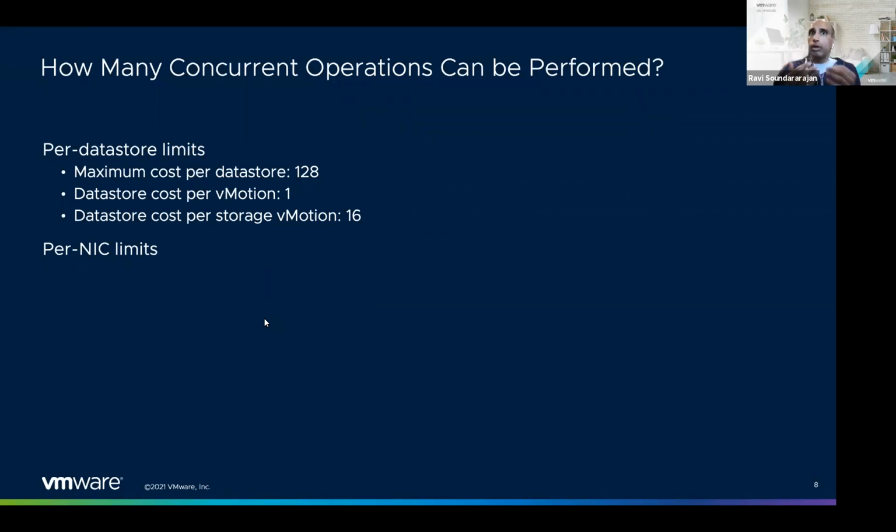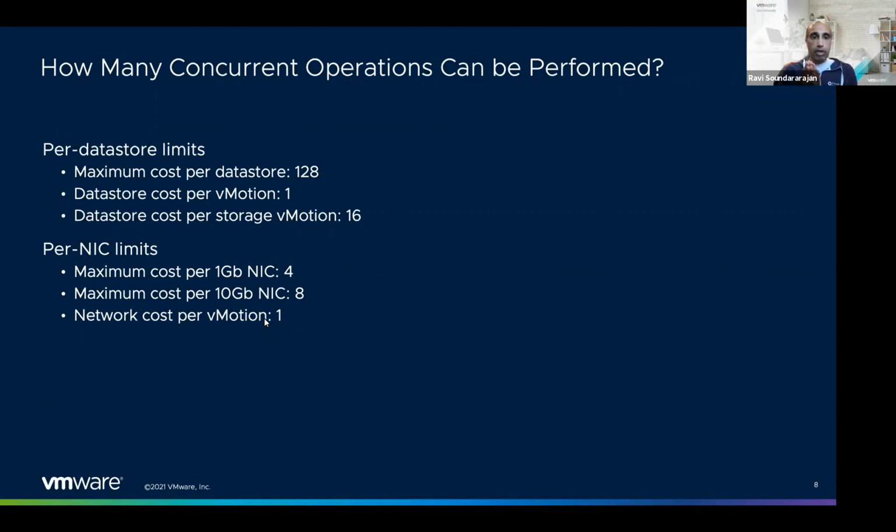There's also per network interface limits. If you have a 1 gig NIC, I know those are less and less common nowadays, but if you have a 1 gig NIC, you can do up to 4 operations on that NIC. If you have a 10 gig NIC, you can do more. You can do up to 8. I'm going to show a picture of this on the next slide. So that's capacity. A 1 gig NIC has 4 slots. A 10 gig NIC has 8 slots, and a vMotion costs you one of those slots. So that tells you can do up to 4 or 8 vMotions at a time on that NIC, depending on